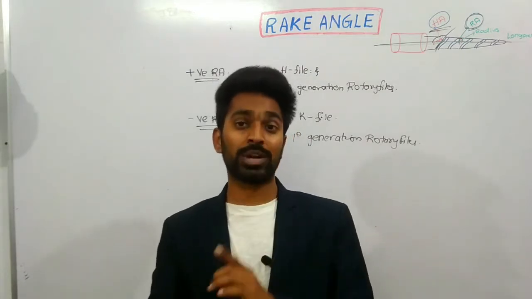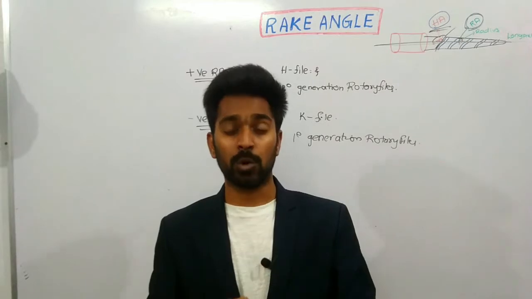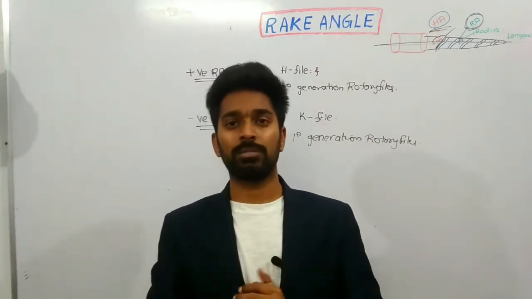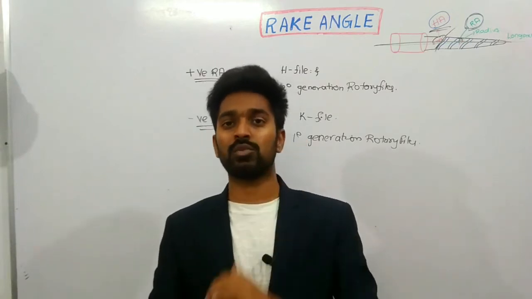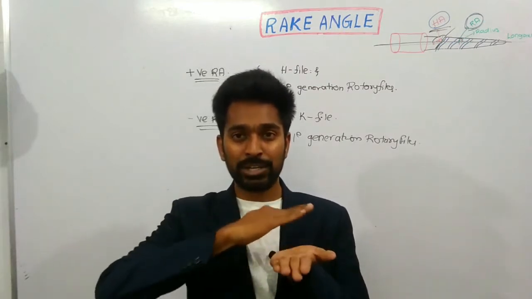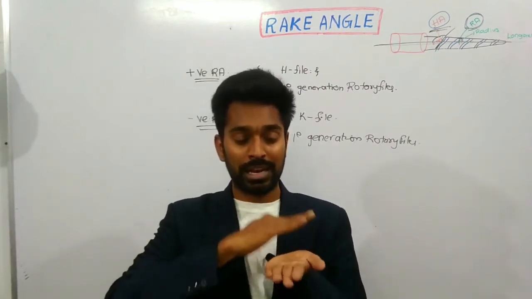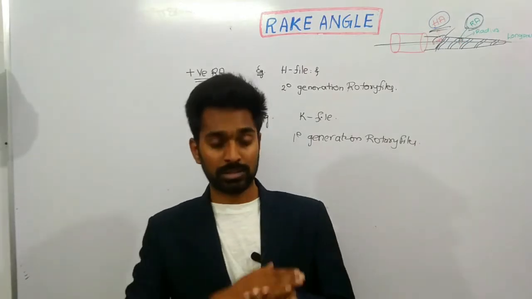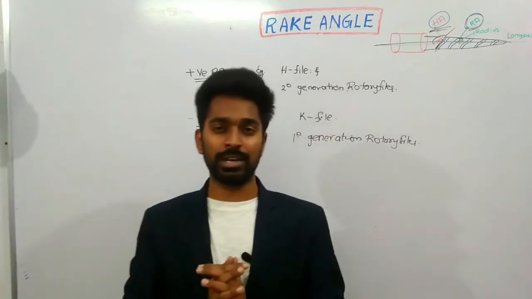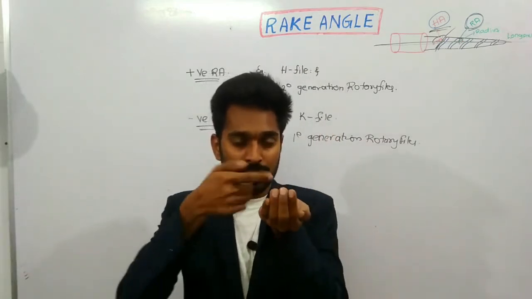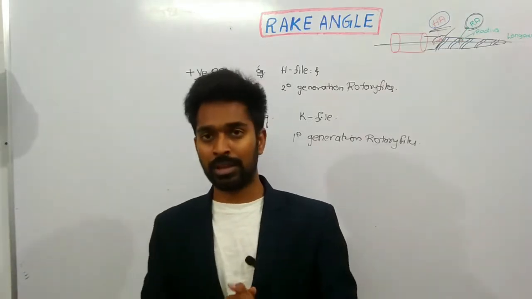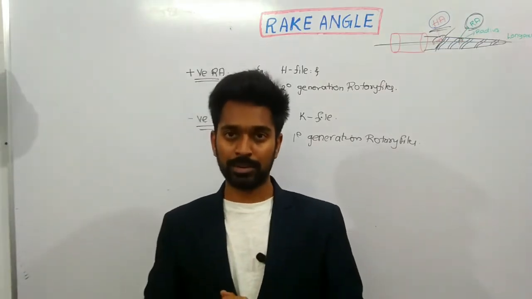Since it has more cutting efficiency, since it has a positive rake angle, which leads to reduction in the bulkiness of the bur blade, it has more chances of fracture. The second point, since it has active cutting, it cuts a larger portion of dentine. It's called dentine chips. So a large portion of dentine chips are generated which clogs the flute surface, or chip space. This will become a drawback, right?